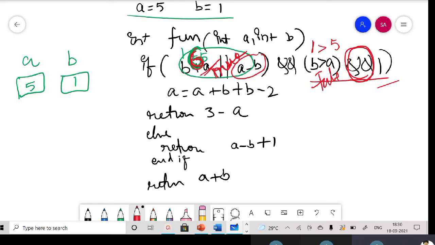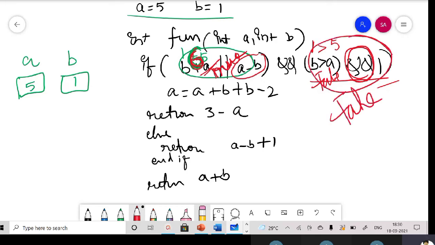No need, sir. Because if one is false, automatically the answer will be false. So if one of the conditions is false, no need to check the remaining conditions. Ultimately the answer will be false only. So this entire thing has become false.